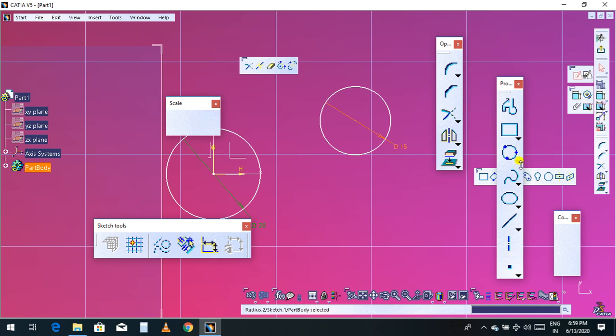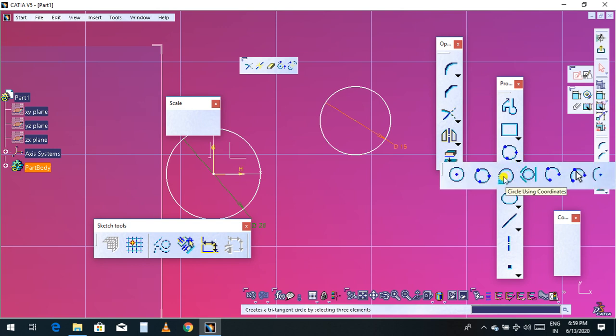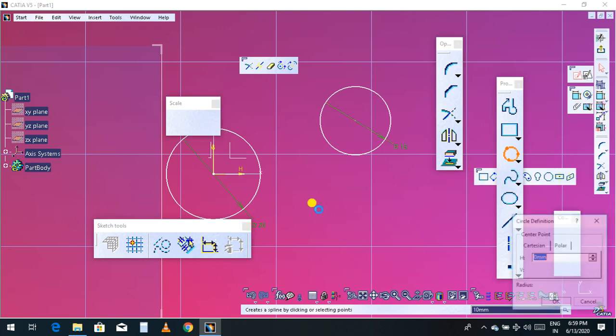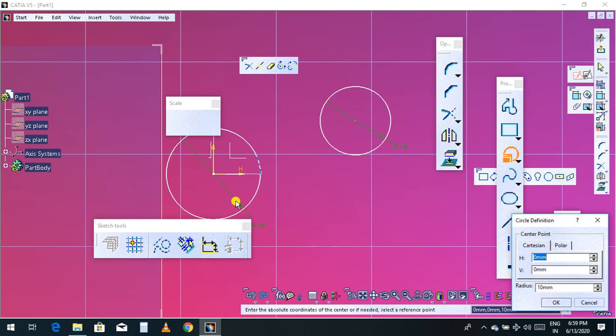Now another circle using coordinates. So click this. Based on the coordinates, we can measure from the origin. So this is the origin. From the origin, suppose I give a 10 mm height and 20 mm width, and a radius of 20 mm.